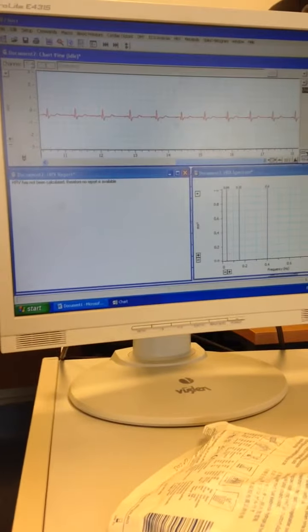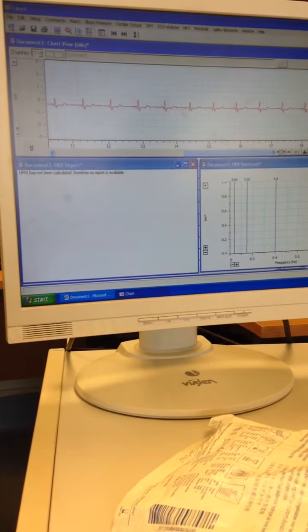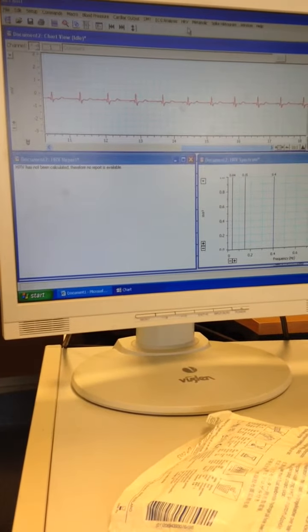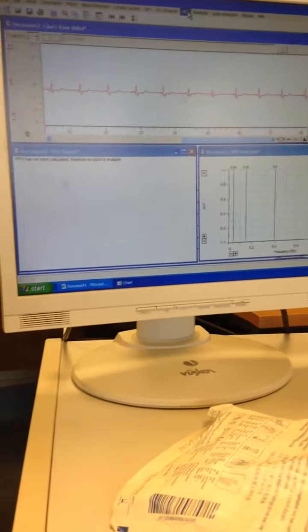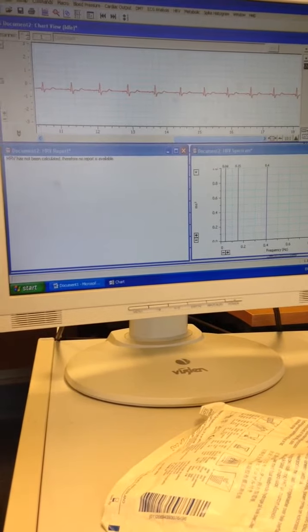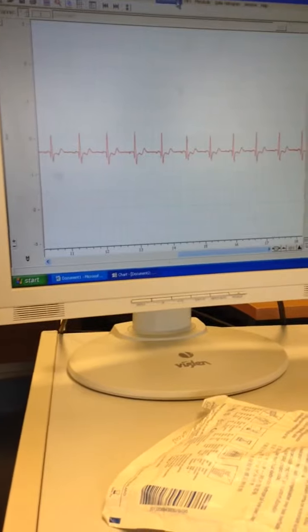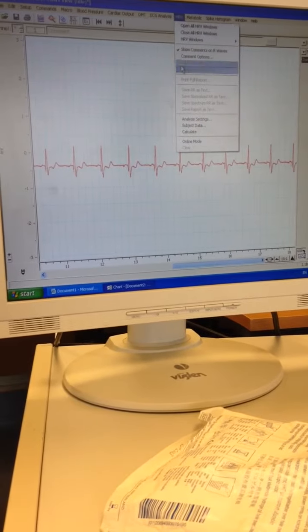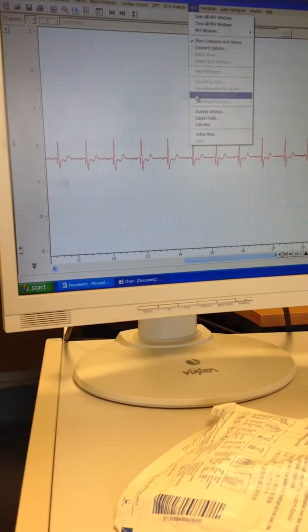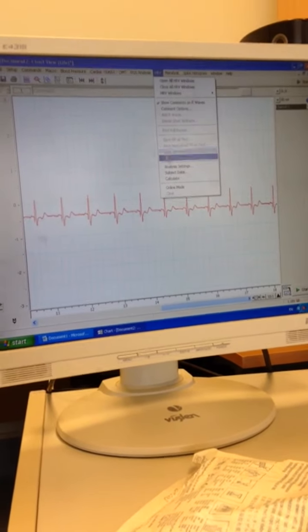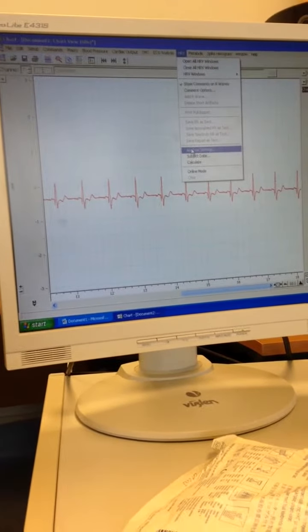For the record, this is showing a trace now because Danny has the electrodes on his chest. So it'll be a flatline if there are no electrodes connected to a chest, hopefully, if it's a big enough signal. Then to analyze it, you'd start whatever your test is, you'd stop it, then to analyze your specific